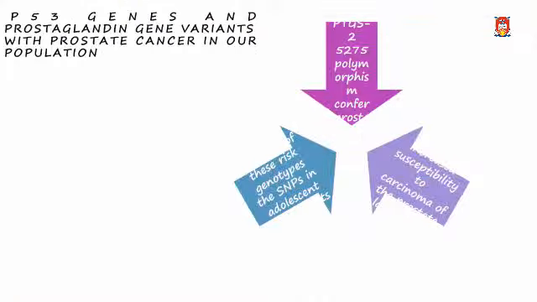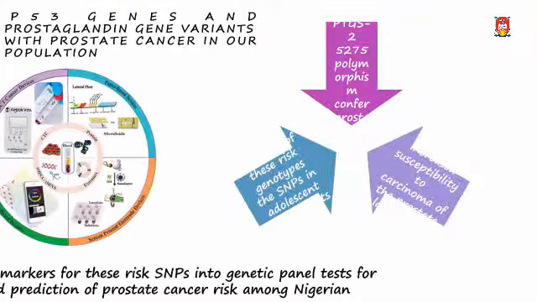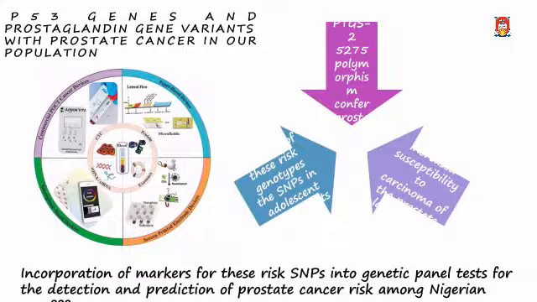In Nigeria here, when my student presented this as his MPhil, the internal examiner was so excited because they found out that the PSA levels that they are now using is not